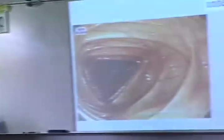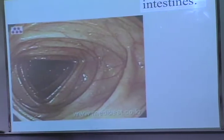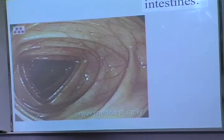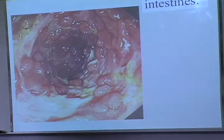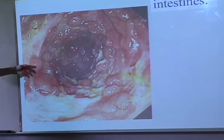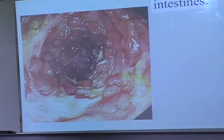So this, I know it looks bad, but this actually is very healthy intestines, and this is the everyday person's intestines after a clean-out procedure. But this is the intestines of someone who has not been treating Crohn's. You can see on the lining of the intestines, it has developed fistulas and ulcers all throughout the lining, and is very inflamed at the